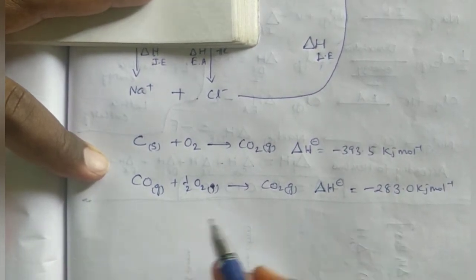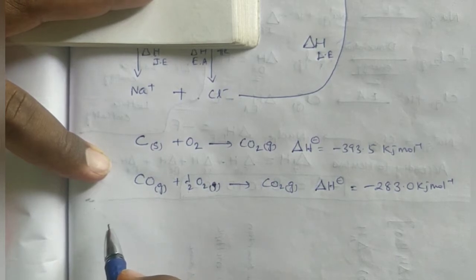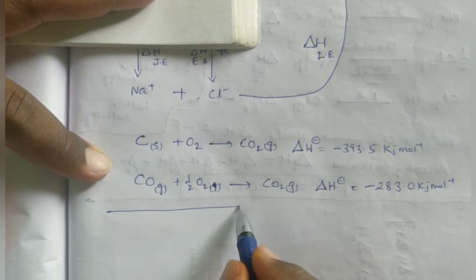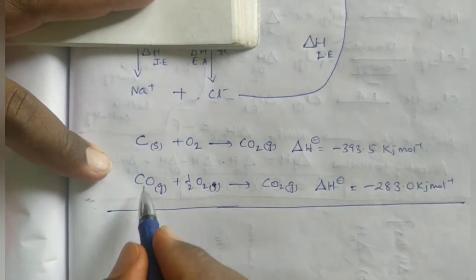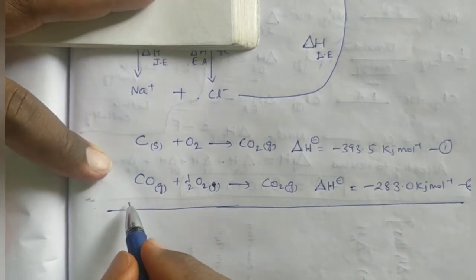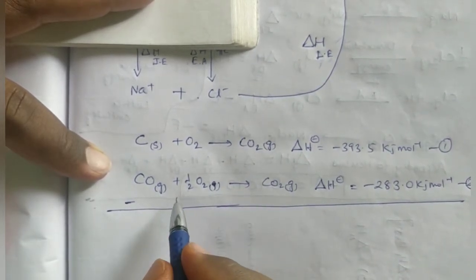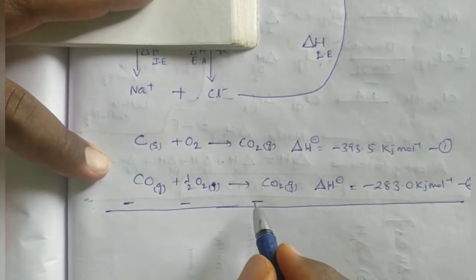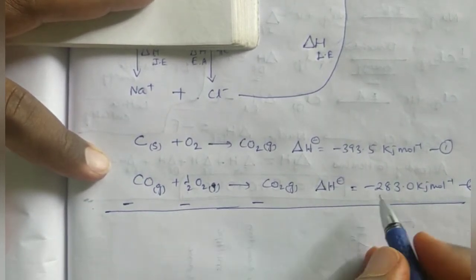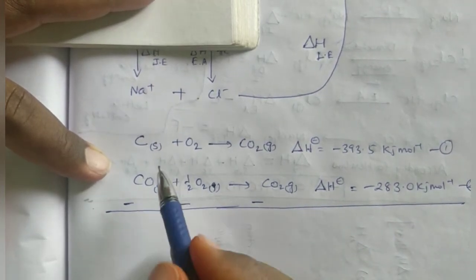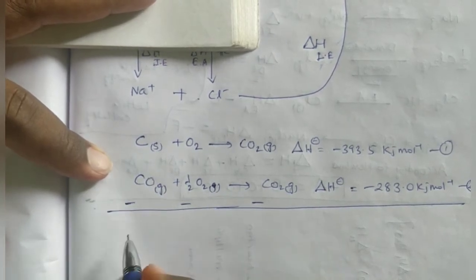That is better. Do one thing. Instead of reversing, anything is the same only. See, this is equation 1, this is equation 2. Equation 2 is subtracted from equation 1. Then the equation 2 signs will be opposite, and here it will become positive. Otherwise, simply do one thing. Equation 1 minus equation 2 I am doing.